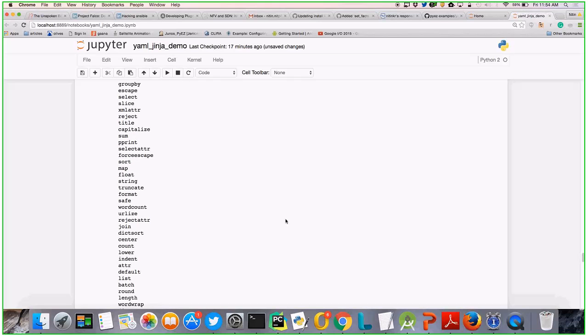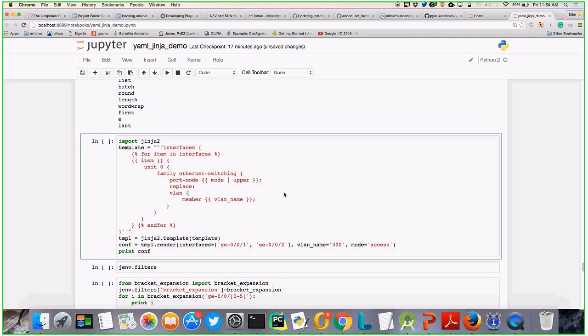So as you can see, we have this many filters. Say I want to convert things to upper or lower. All these kinds of filters you can apply to your template. In this example, whatever mode the user provides, apply a filter called upper. So if you are not providing an upper string, this template will take care of converting, say, access, to upper case.